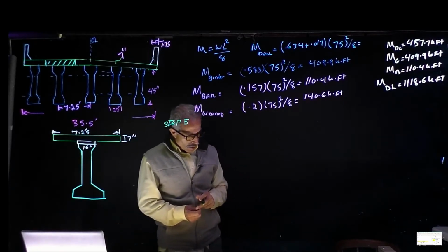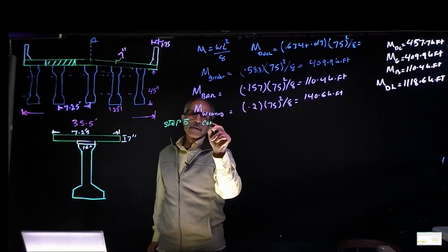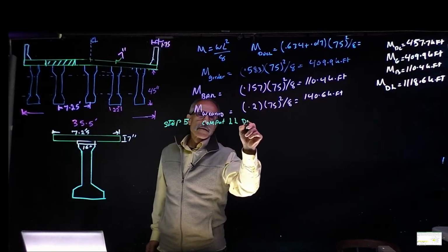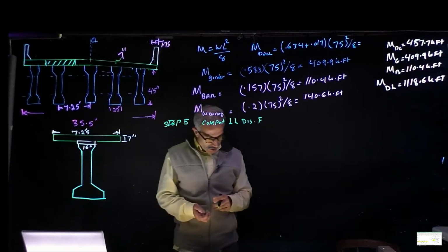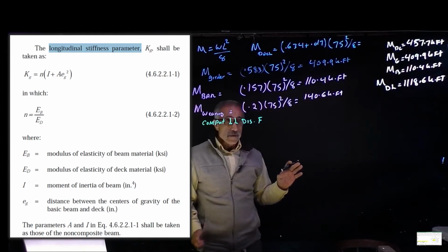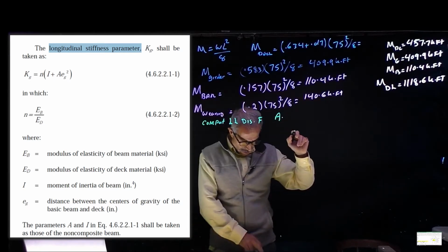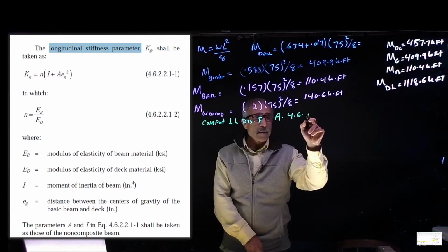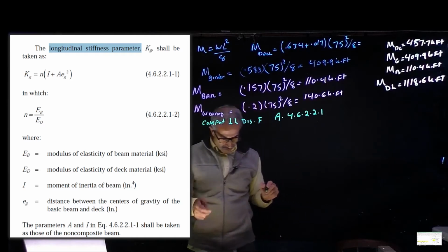We're going to compute the live load distribution factor. So let's get to work. I've got to bring up the AASHTO, we've done this before from the other problem. 4.6.2.2.1, the longitudinal stiffness factor Kg